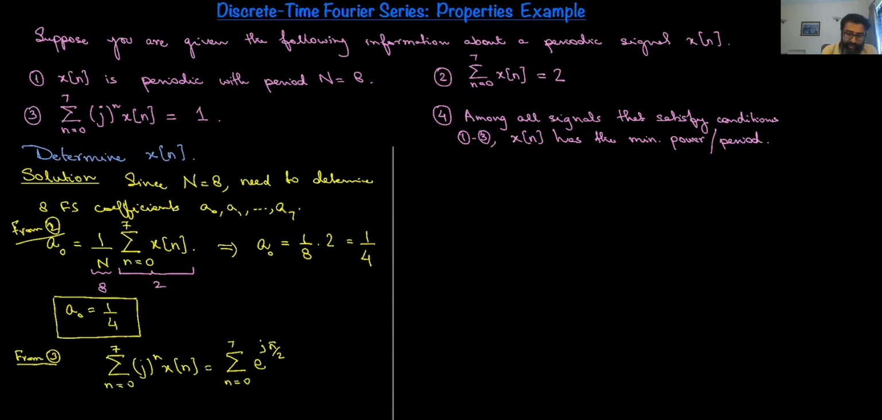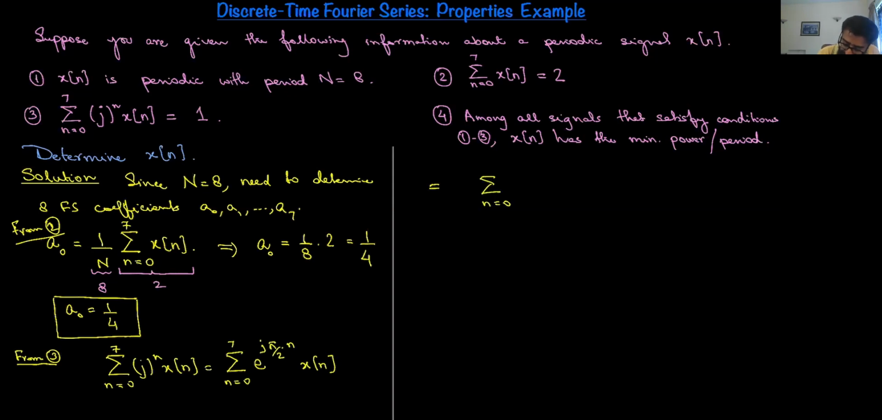So that's j here, and raised to power n would just simply be multiplied by n here. So this is x of n. And you see, we're getting close to what the Fourier series, the synthesis or the analysis equation is. So this is equivalent to